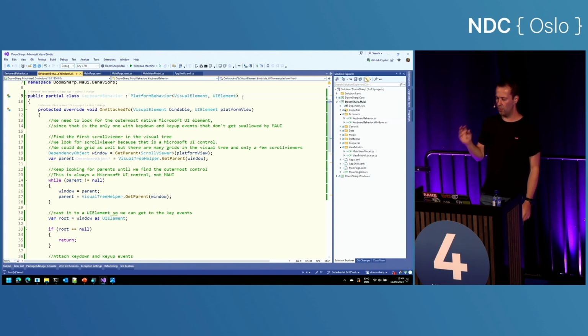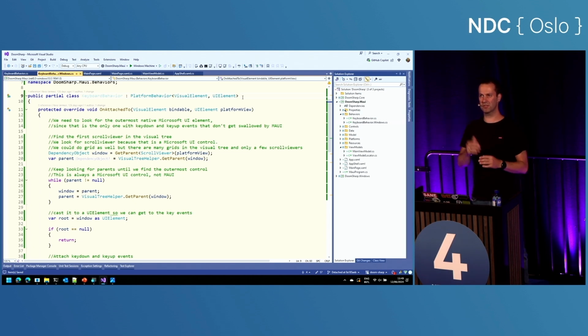And I'm doing this on UI element. If you look at the Microsoft UI XAML, UI element is somewhere up there in the visual tree, somewhere on top. Almost everything inherits from UI element, so we're good with that one. So what I'm doing is I need to find the outermost element in my visual tree.